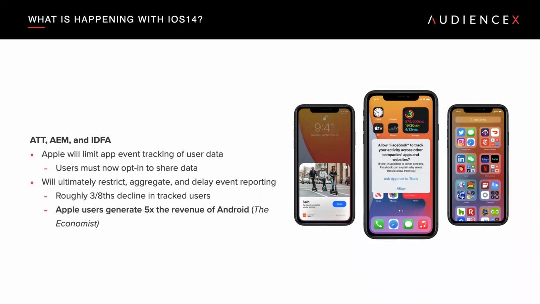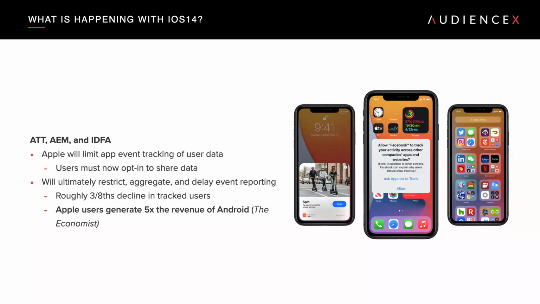And under ATT, when an Apple device owner downloads and then opens a new app, or opens an existing app once the framework is put in place, they're going to get a notification. It will pop up asking if they want to be tracked across third-party apps and websites. If you can see on the right-hand side of the slide in the middle phone image, there's the actual version of the app prompt that people are going to see, and they're going to be able to opt out of the IDFA.